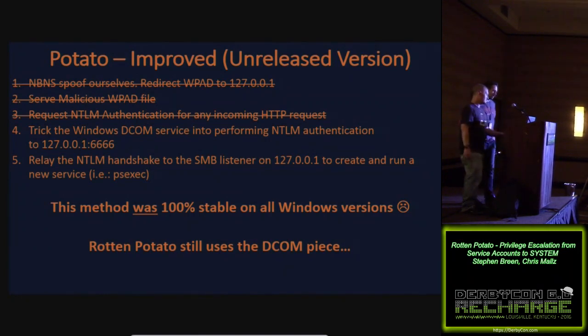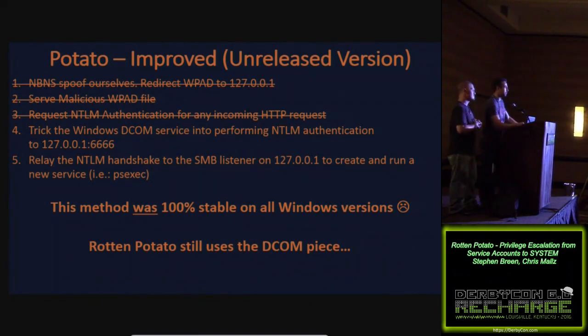Yeah, so this talk was originally, when we submitted it, supposed to be this new cool version of Potato that worked on every Windows version and had no delay, and it wasn't complicated, and you could just run the binary and boom, privilege escalation. And then after the talk was accepted, they released this patch at some point, so we had to go find new things and redo it and hope everyone wasn't mad at us for it not being the same. But there's still some cool tricks in here.